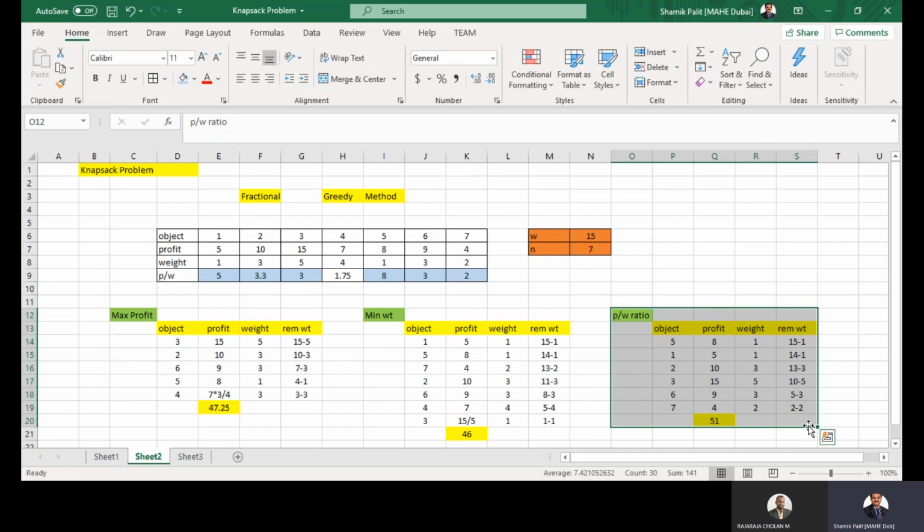But if you are told to compare 3 different methods of the knapsack problem, with maximum profit, minimum weight, and profit ratio, then you have to show all those 3. Write the proper logic also, how basically you are getting it. You can write it only one time, because the same logic we are applying everywhere, there is no variation at all. At the beginning just write how profit versus weight we are calculating, what the strategy is, or how maximum profit we are calculating, what the strategy behind that is.